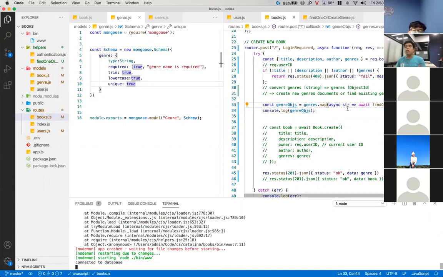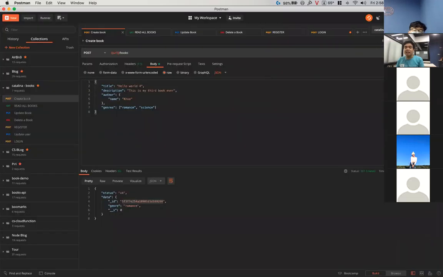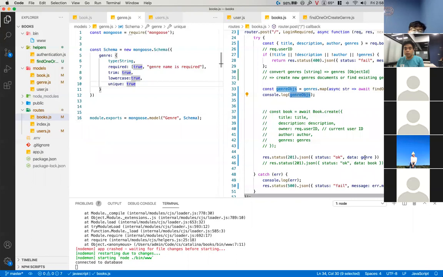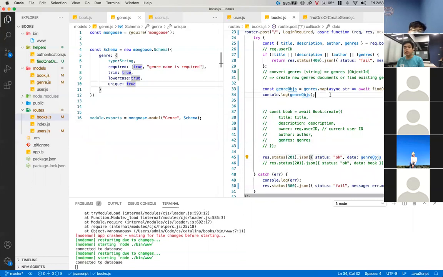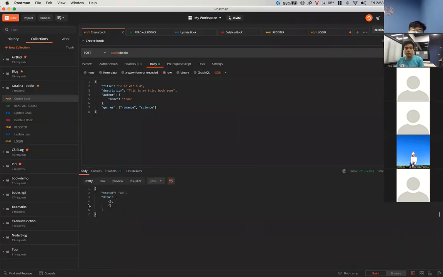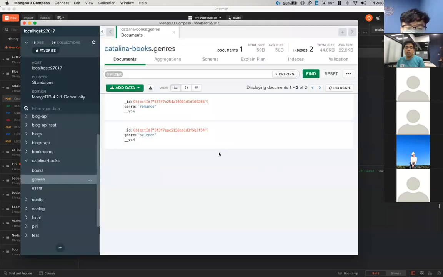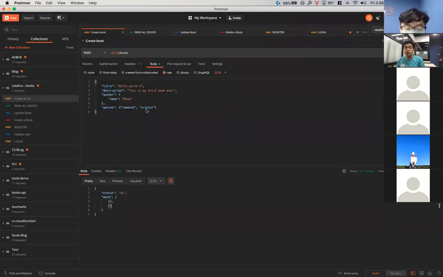Okay. So it will not work yet, but let's see. Actually, it worked, but you don't see the response right away. You're gonna see promise, I think. Yeah, you see nothing. But actually, it creates the data for you, but you don't see anything here because